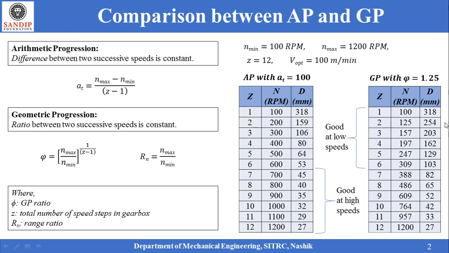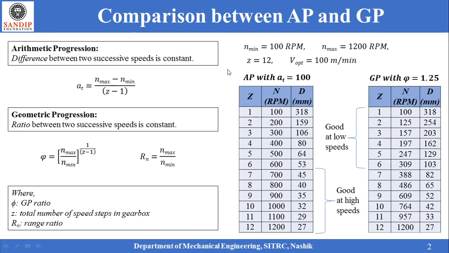For a gearbox using GP, we may run the lathe at spindle speed 157, so that the diameter of 200 mm can be manufactured economically. If you observe, the loss of economic cutting speed is very less in this case. This discussion is valid for various random economic cutting speeds, which makes geometric progression preferable over arithmetic progression, due to the reason that it results in lesser loss of economic cutting speed across the speed range of the gearbox.